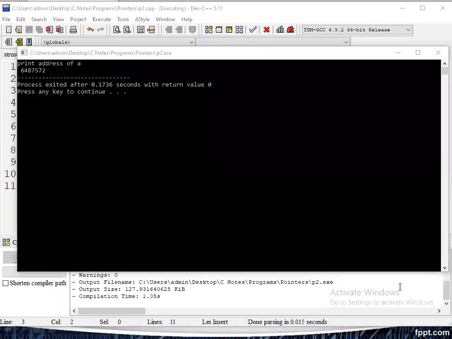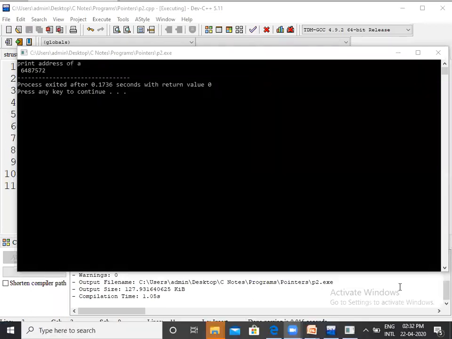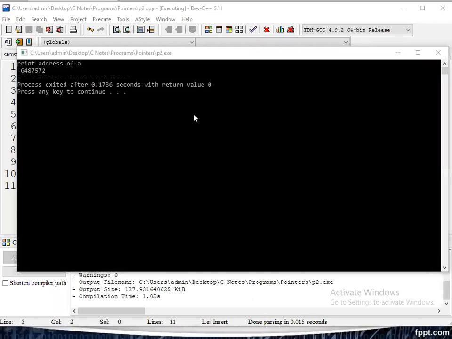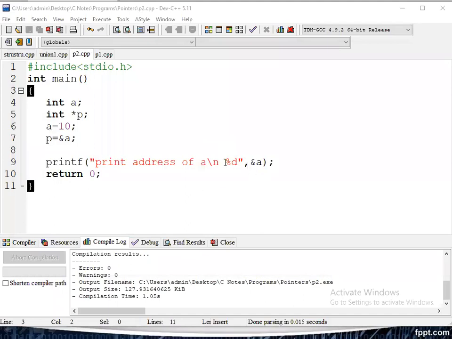Address of a, some different information is given. That is the address.